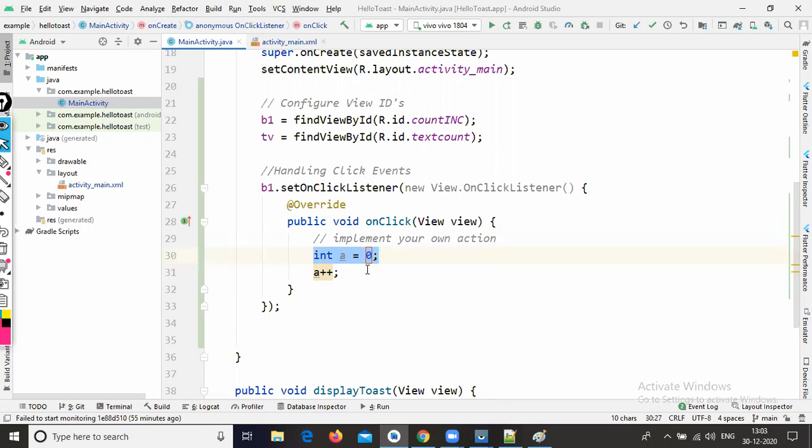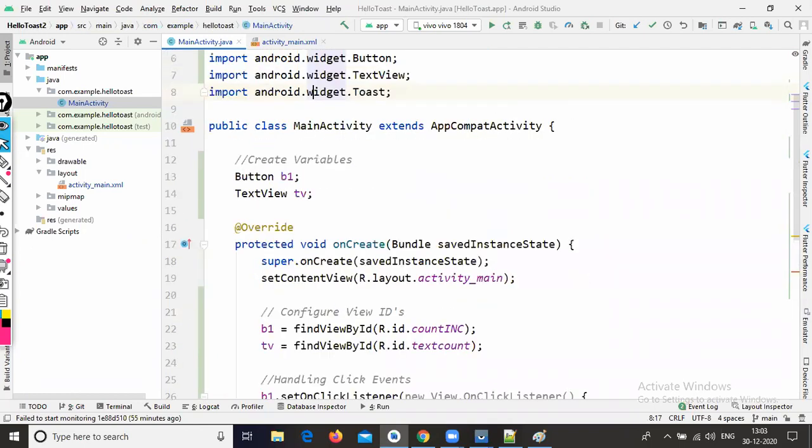So just do one thing. Instead of this local variable, create a global variable. Now I am removing this line, int a equal to 0, the initialization.